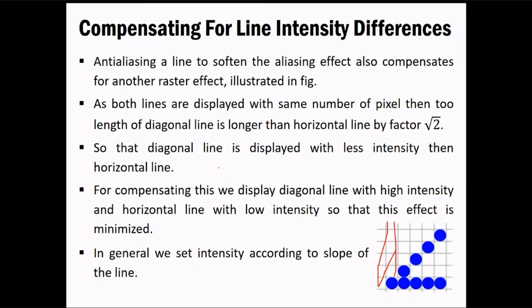See, actually you have to imagine this thing, else you won't be able to catch up on it. So you just try to imagine this. Whenever you deal with the pixels, you deal with the values, you deal with the intensities. So each and every pixel would be having some intensity, like a value. So you try to vary the intensities, and that could help us to reduce the aliasing effect as well.